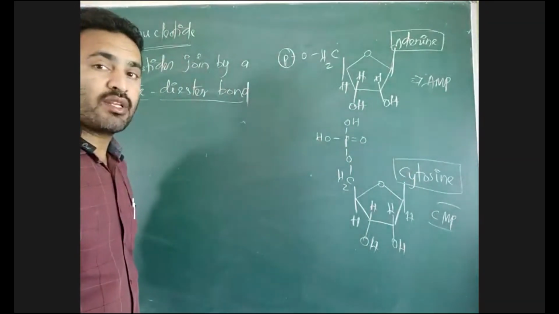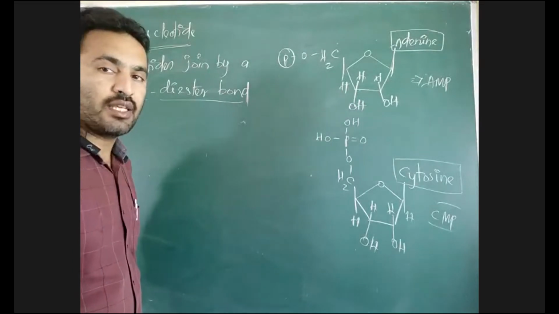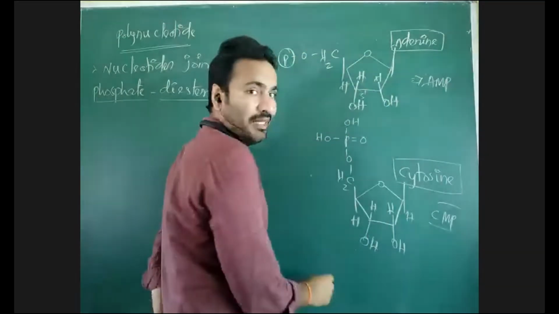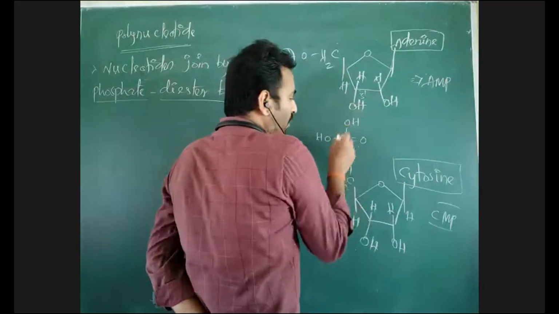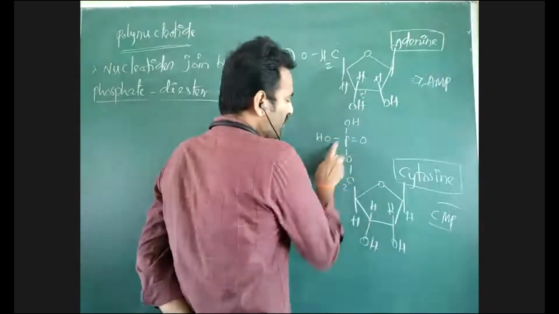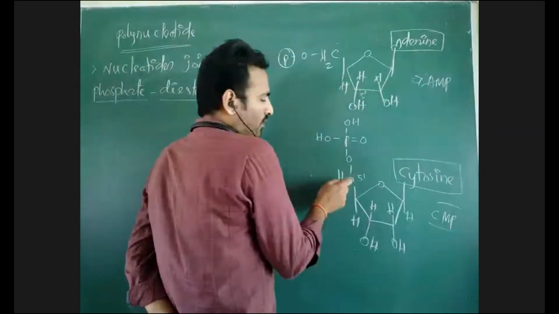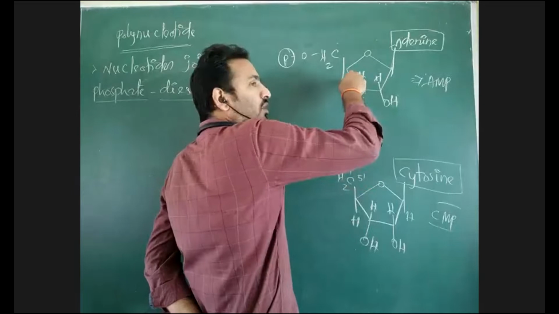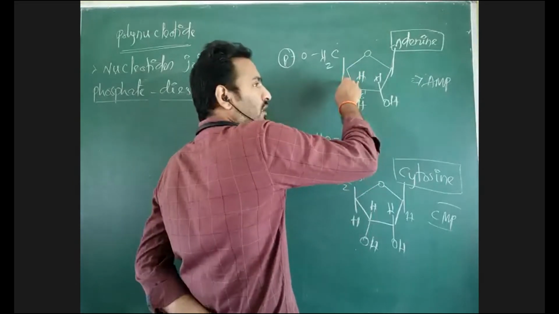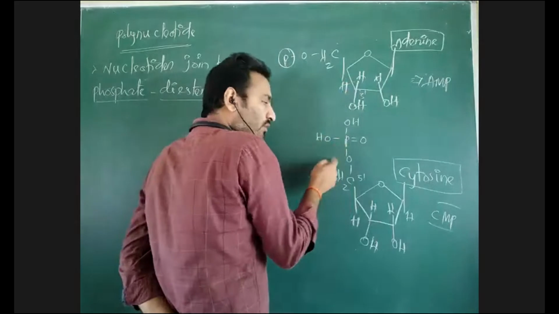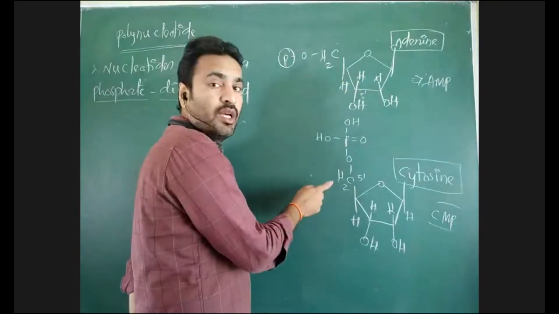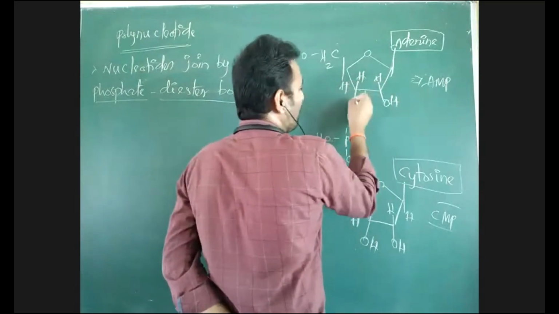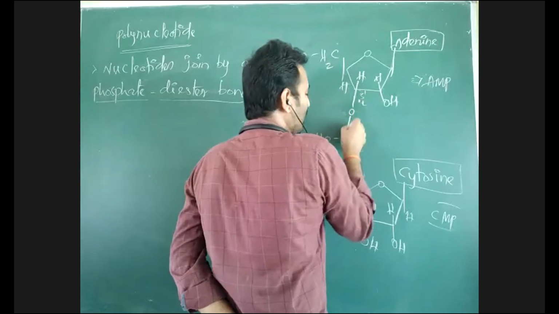To see how the bond forms between nucleotides, the OH group which is present on the third carbon will form a bond with the phosphate group which is present on the fifth carbon. This fifth carbon has a phosphate group. The OH group on the third carbon in the previous nucleotide forms a bond with the phosphate group present on the fifth carbon of the next nucleotide. See here, dehydration takes place. With the help of dehydration, both nucleotides will get joined.